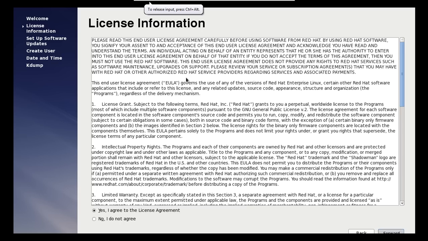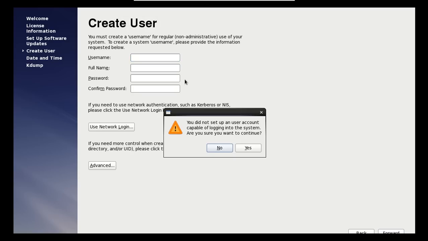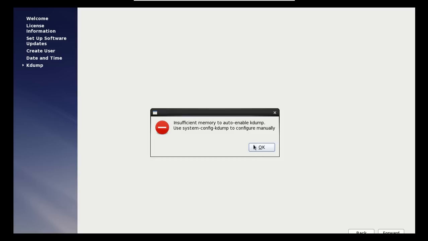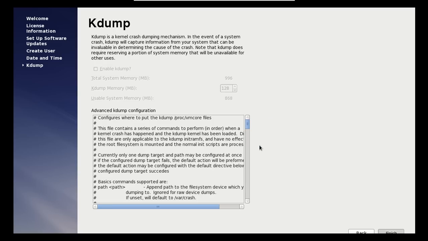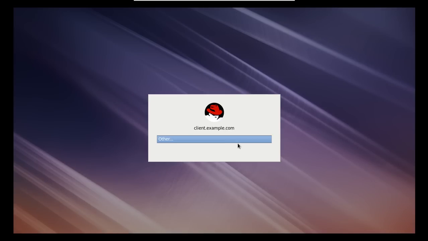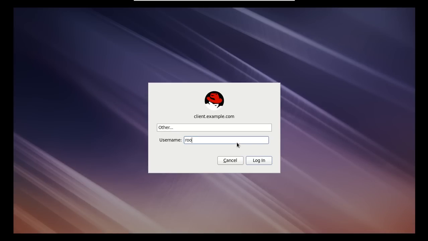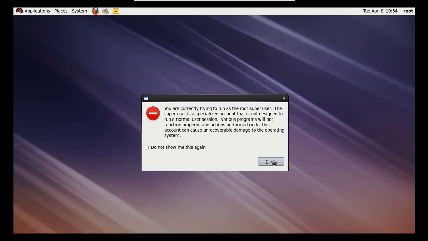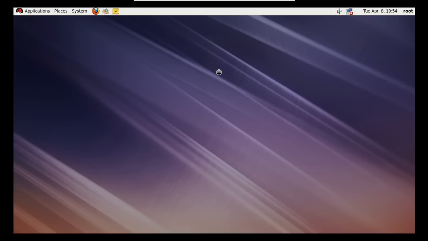We need to configure some basic information. We need to log in as the root user so that we can view the IP address related information, and if needed we can restart the network manager service.